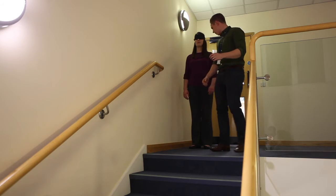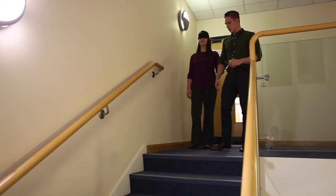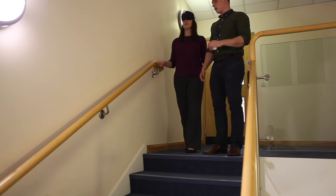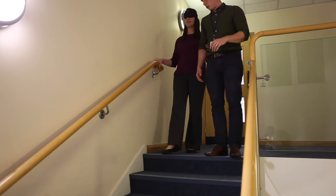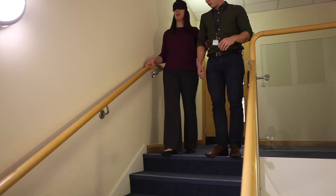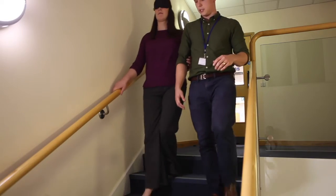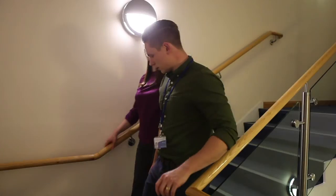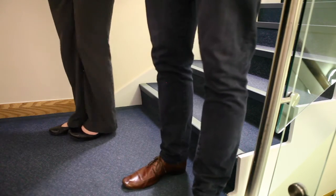So Emily, if you want to take my arm, we're approaching the stairs in about 2 steps' time. If you want to reach out with your right hand, the banister's on your right hand side, and there's 8 steps going downwards from it. So if you want to come towards the top step and feel the edge for it there, you there? Got it. Okay, yeah, so if we make our way down and you're in control of the speed. Okay, coming down the last couple of steps here, Emily. And this is the last step, so just feel for the edge, and we're done here. So if you want to let go of the banister, and we're going to turn to the left to walk